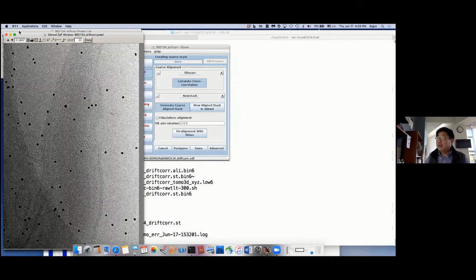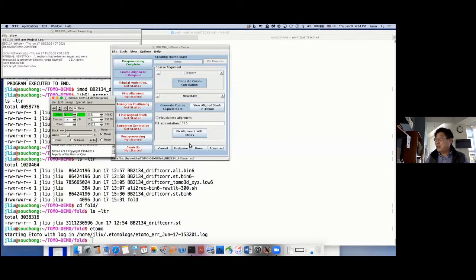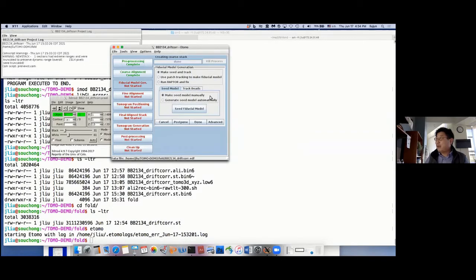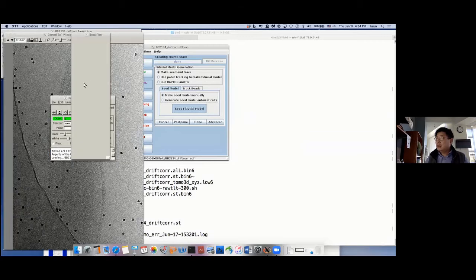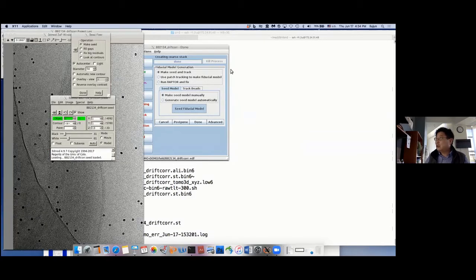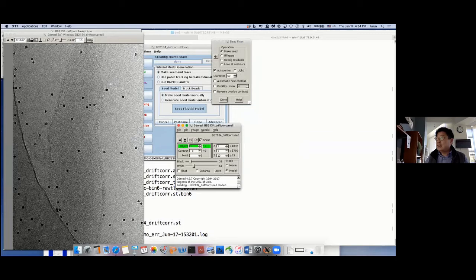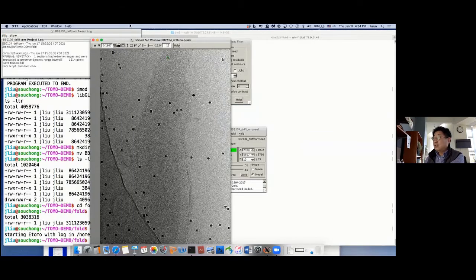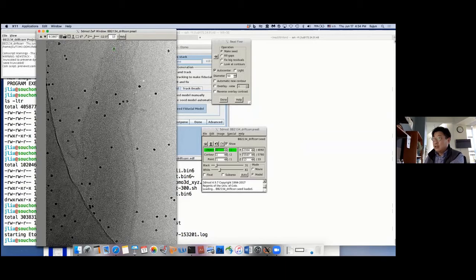The next step, you say, okay, I want to put gold, put gold manually. So again, you put it here. There's auto center, so the nice thing is you put a middle mouse click here, and it will put a gold marker around it. Then you press N for the next one, next one. So you have multiple beads distributed around